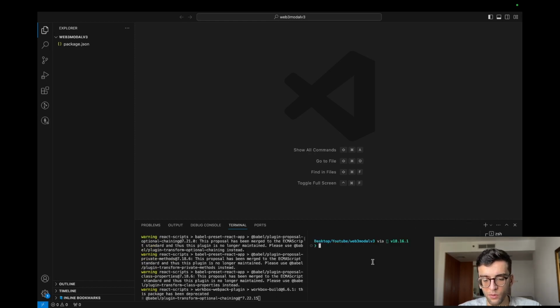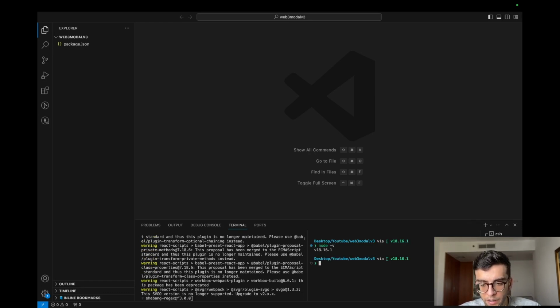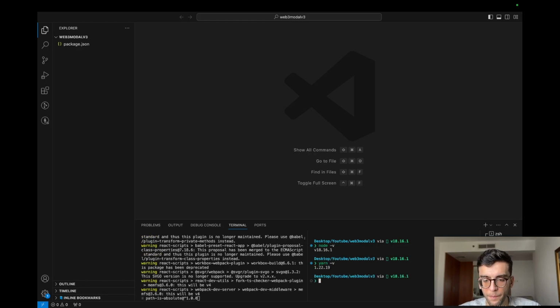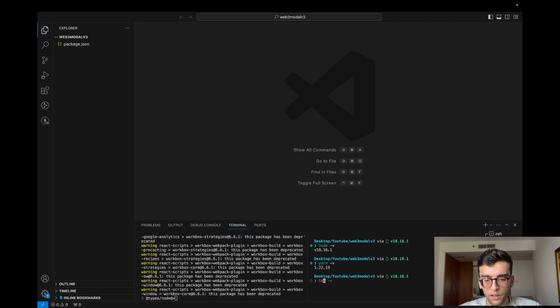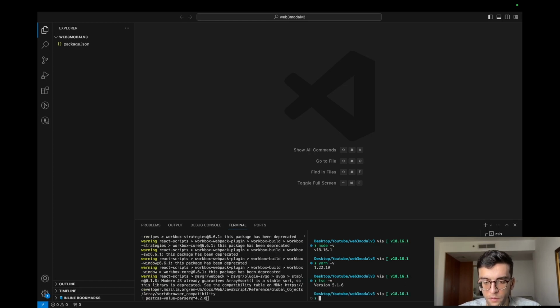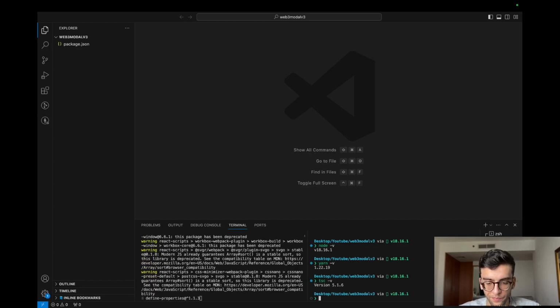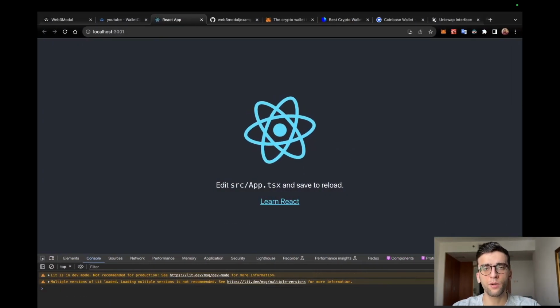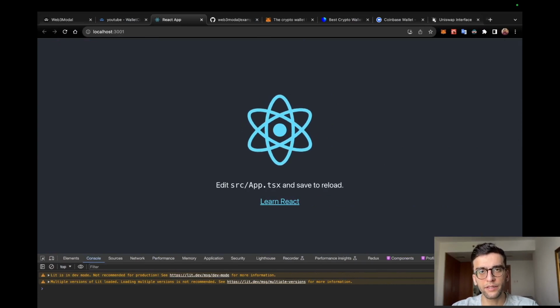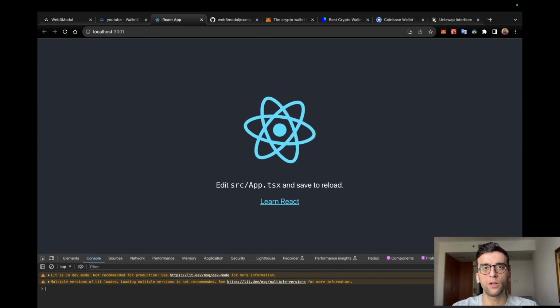Something to note is that here I'm using Node.js 18.16.1, Yarn version 1.20.19, and my TypeScript version is 5.1.6. As you can see here, my React application is successfully installed and is up and running on my localhost